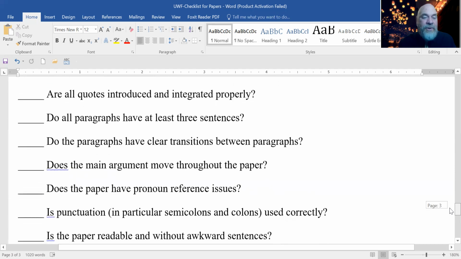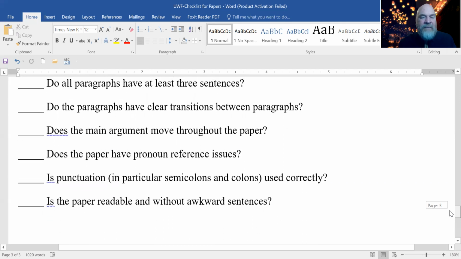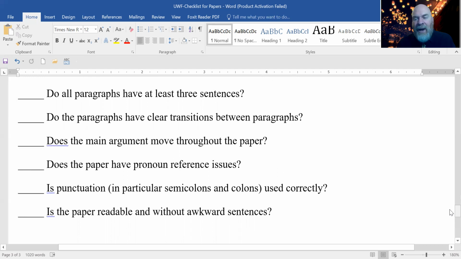So are all quotes introduced and integrated properly? We talked about that just a few minutes ago. Do all paragraphs have 3 sentences? This isn't grammatical, but this is a stylistic issue, with the exception of journalism, again, where space constraints are the issue. In almost all styles, it's important to be able to do this, because if you think of